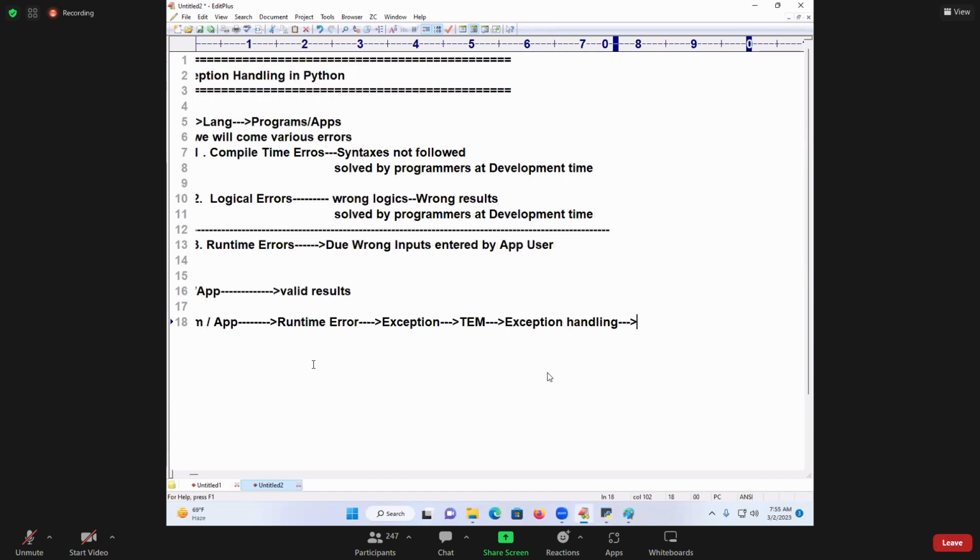Exception handling will give you what? Converting technical error messages into what? User-friendly error messages. Just remember the topmost sentence. Come on, all of you say this sentence. You need to remember: every valid input gives valid